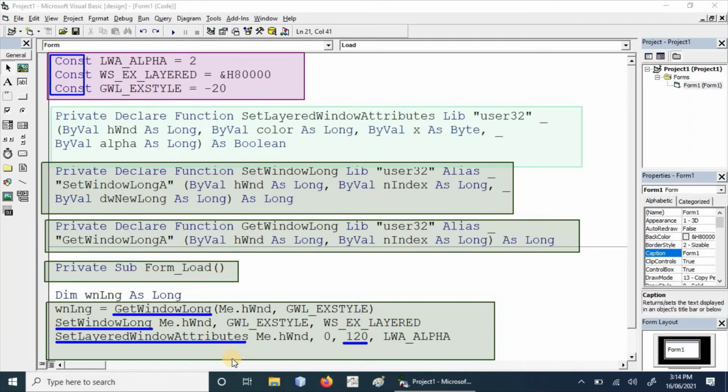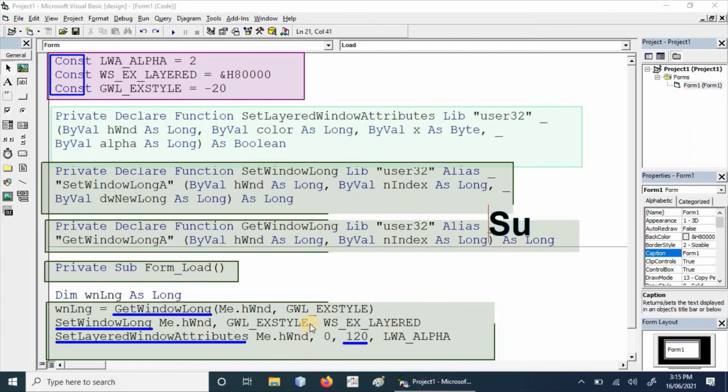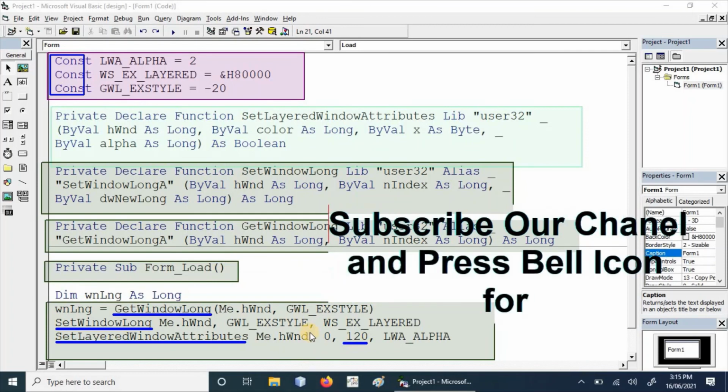Simple. I have already discussed how to create an elliptical form and how to make a drag and drop application. You can see them in the Visual Basic playlist of IT tips. These are the most important code, library and API calls that are frequently used in building large scale applications. That's why we are going to discuss them independently. In the coming weeks, we will furnish a complete application that will use all these API calls.